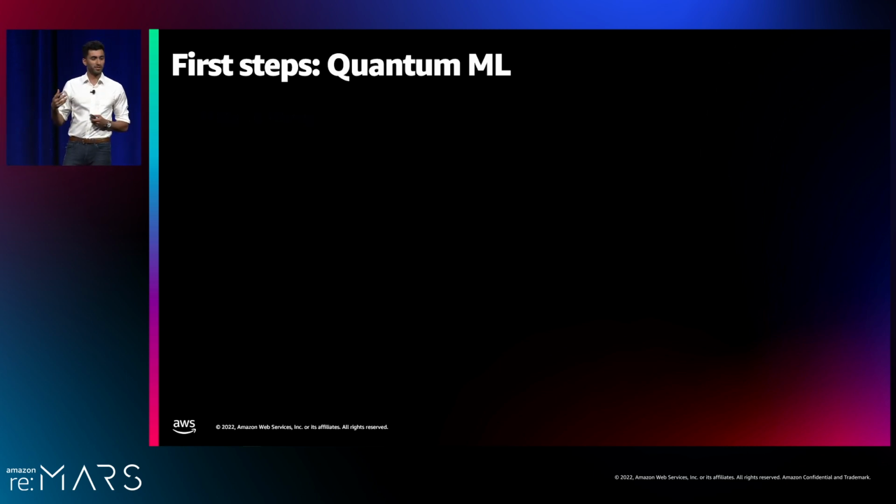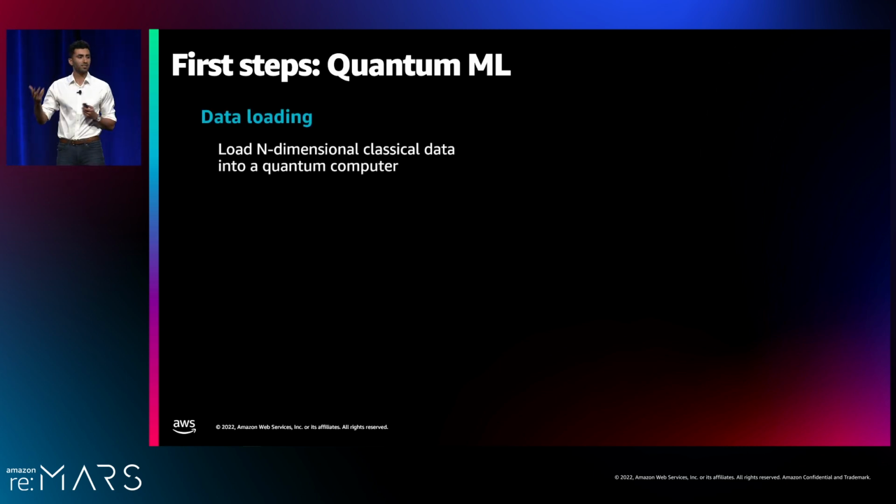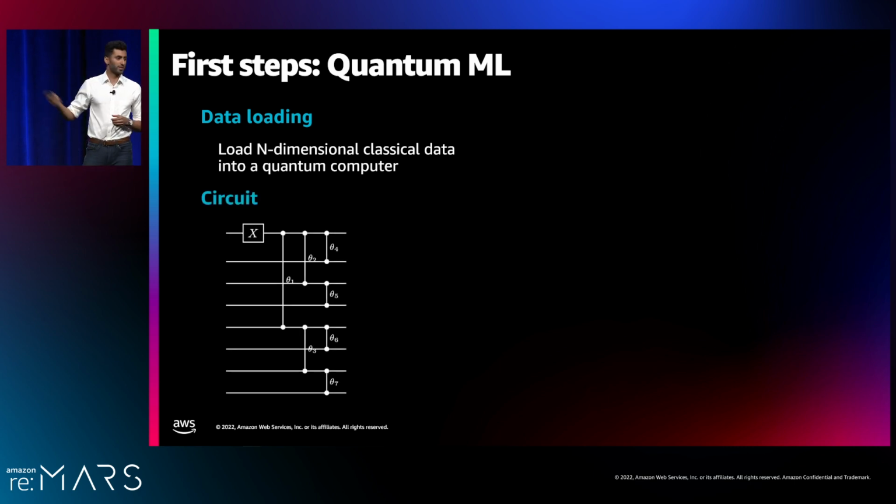But what you want to do is design a circuit that does this. It loads an n-dimensional vector onto a quantum computer. And you want to do this in a short circuit, too, so you can run it on near-term hardware. This is one circuit that does that. It's the same circuit you saw before. And once you run this circuit on a quantum computer, your data will be in the A's, B's, and C's of that quantum state. OK, that's a great first step.